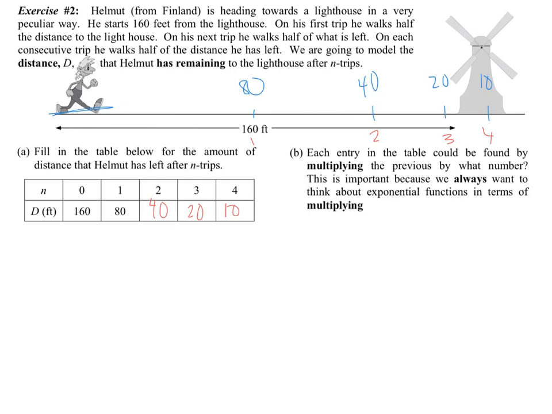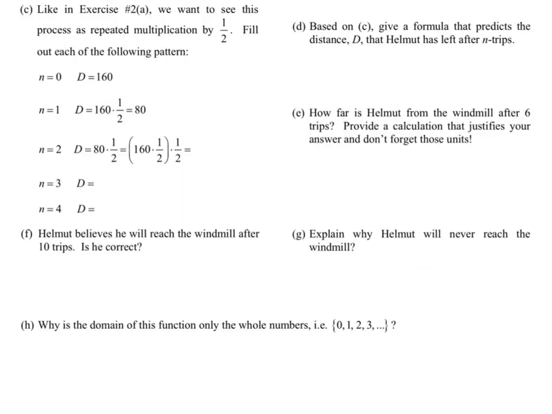So each entry in the table could be found by multiplying the previous by what number? Well, multiplying by 1/2. So it says multiplying, so you have to think of it in terms of 1/2. So like in number 2a, we want to see the process as repeated multiplication by 1/2. So fill out each of the following pattern. So at 0, it's 160, right? Because that's our starting number. At 1, it's 1/2. And you could put an understood 1 here because we need that 1 to show up somewhere, which is 80. And this is the same thing as 160